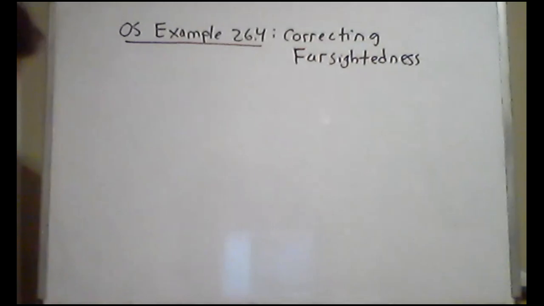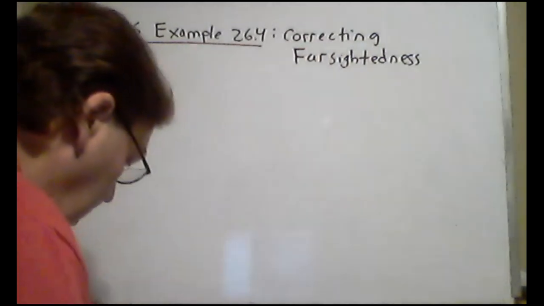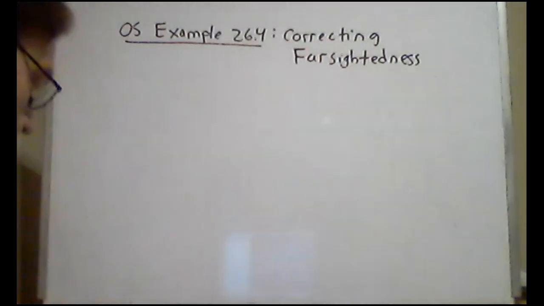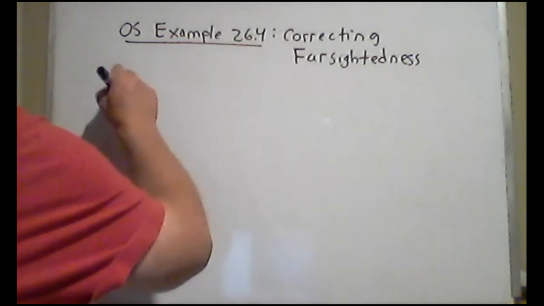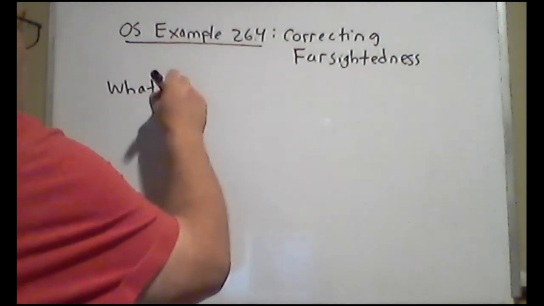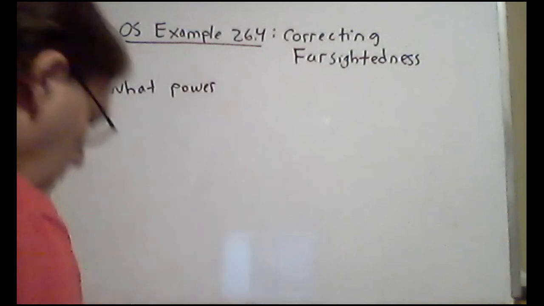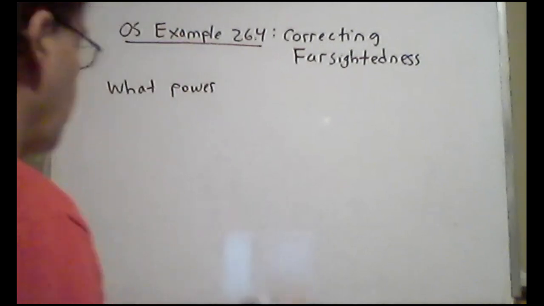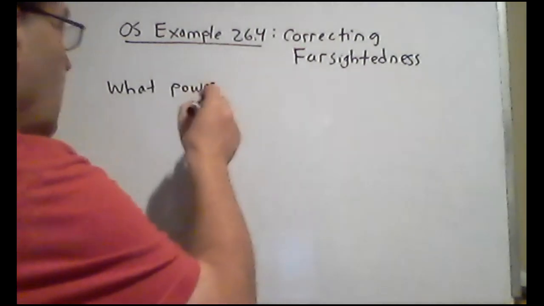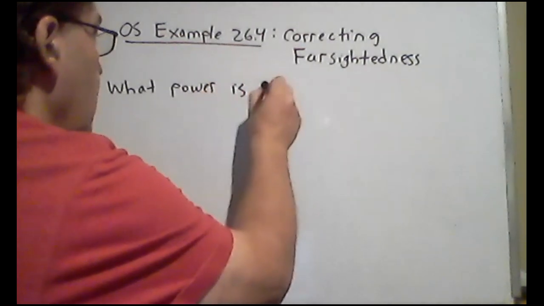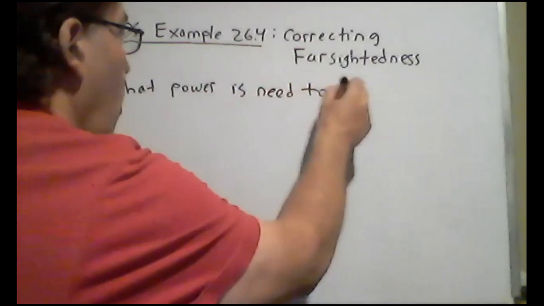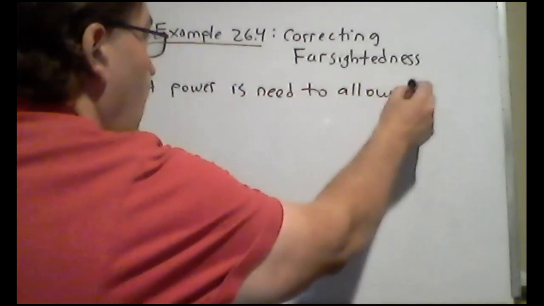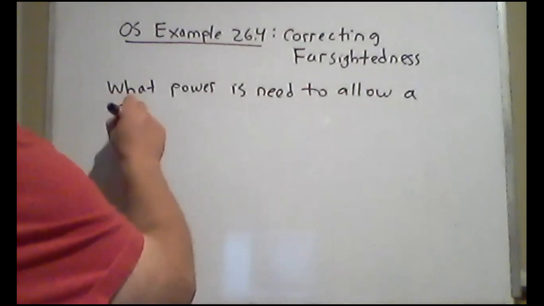Okay, how does the example read? What power of spectacle is needed to allow a farsighted person